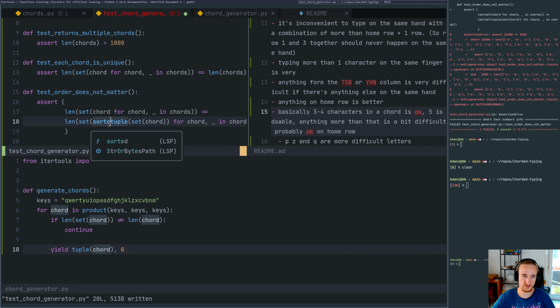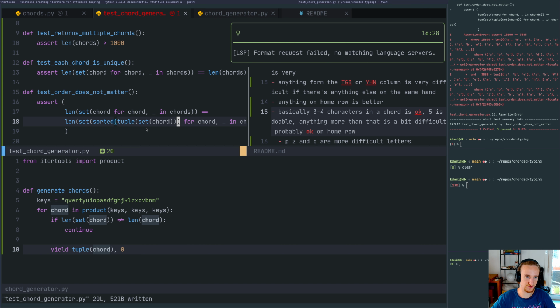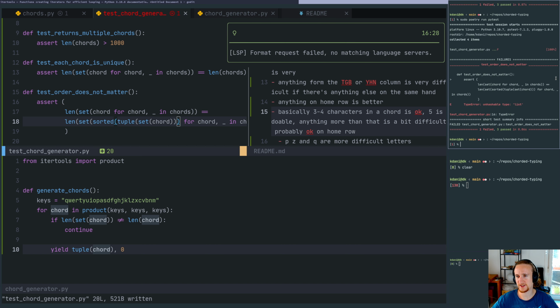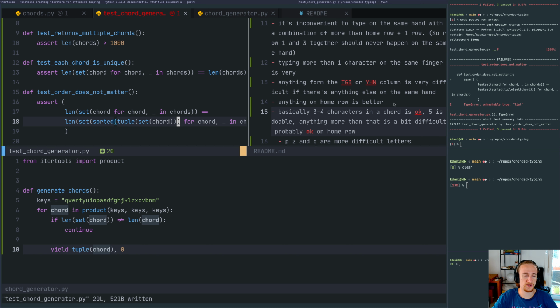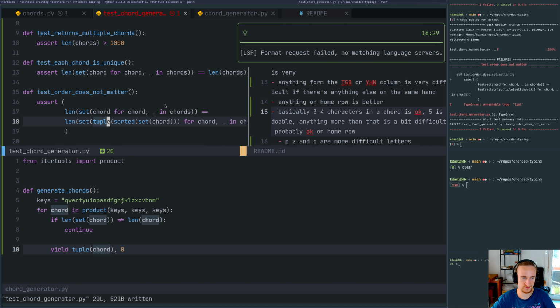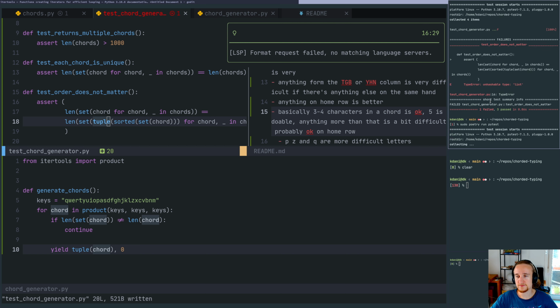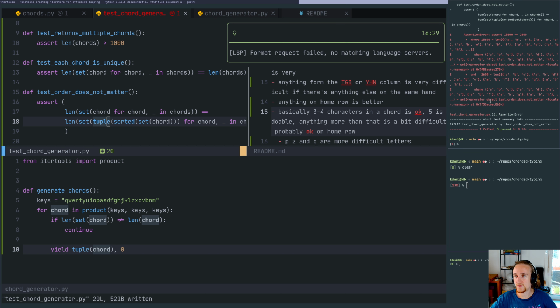I think it should also be sorted because that could return any order, I guess, in theory. Oh, okay. That should actually be sorted first and then tuple. And now